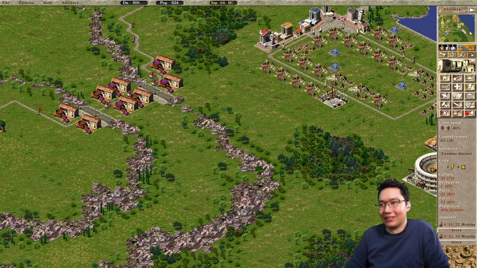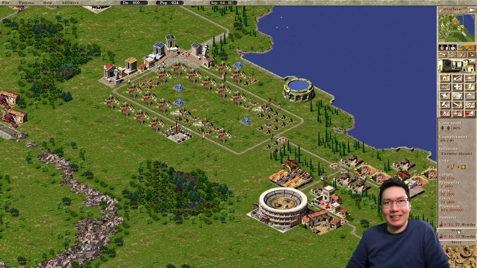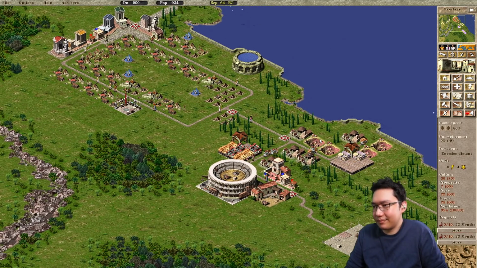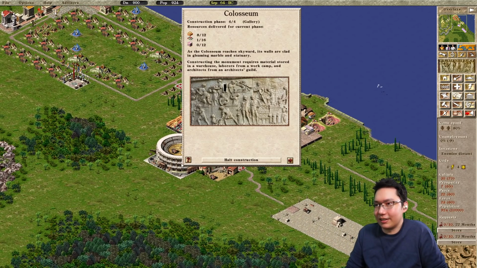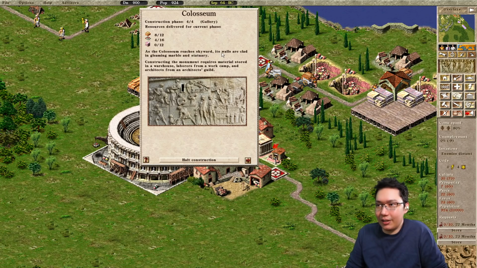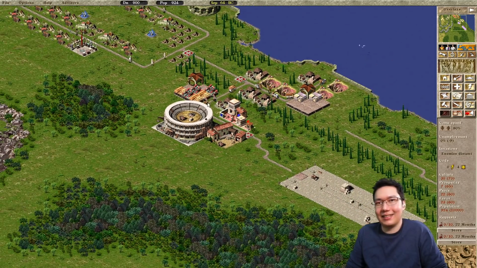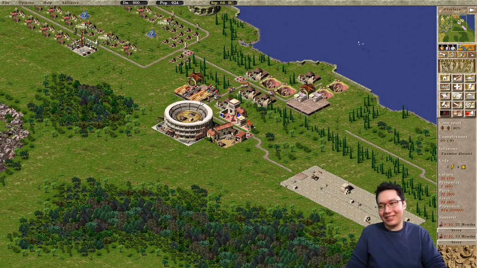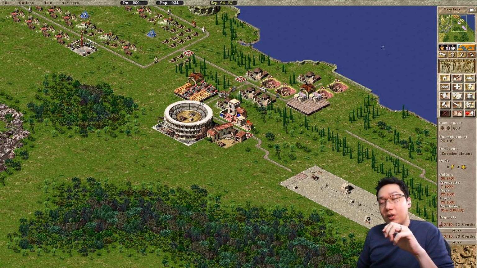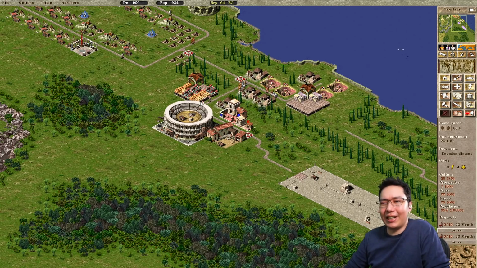They do burn and collapse. Okay. Oh, look at that. There's room for multiple requests. Nice. How far along is this? Oh, it needs clay. It's gone to another level. Look at that. We've got some seats now. As the Colosseum reaches skyward, its walls are clad in gleaming marble and statuary. What are those? Watchtowers. Mini towers that send out sentries. Good for small invasions. I don't think they'll do much to elephants, but good for small invasions or dealing with...